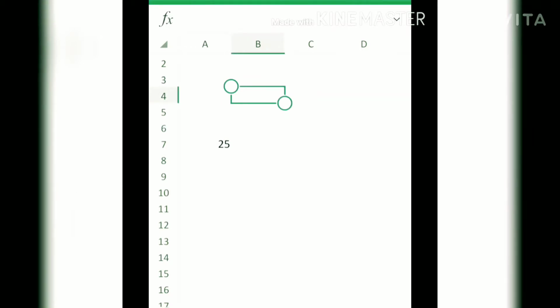And the next step, entering cell references in a formula. It can be entered in a formula in two ways, by typing the cell reference or by clicking on a cell. If you want to add numbers, first type the values in the cells.